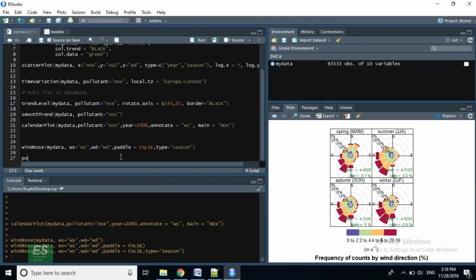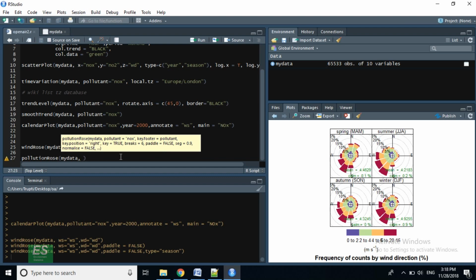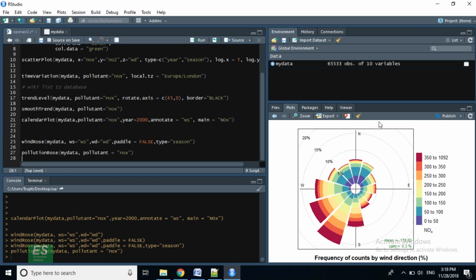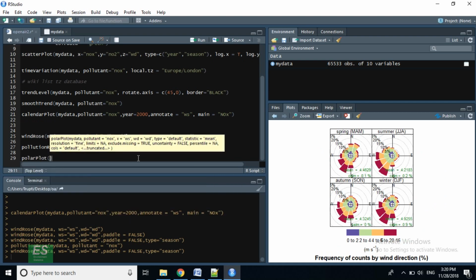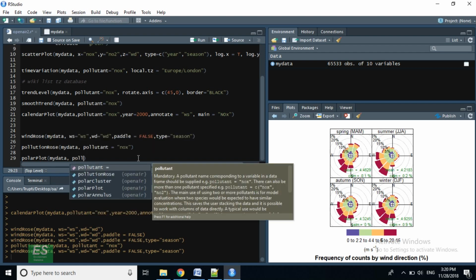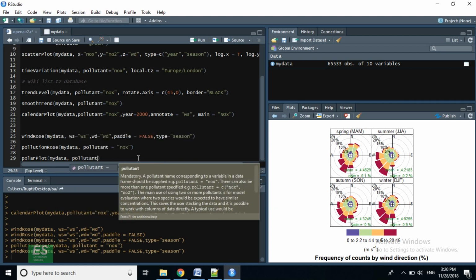Next is pollution rose. Basically we'll be plotting wind direction, wind speed and pollutant as well. So here we have the pollution rose. The color indicates the concentration, and of course these bars indicate direction of wind and speed. Next we have polar plot. A polar plot is somewhat similar to a pollution rose, the only difference being that the plot is much smoother.